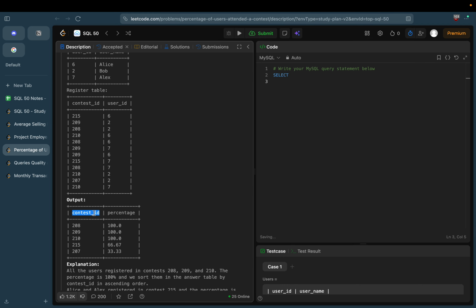So selecting the required columns, register table taken towards the left of the join,